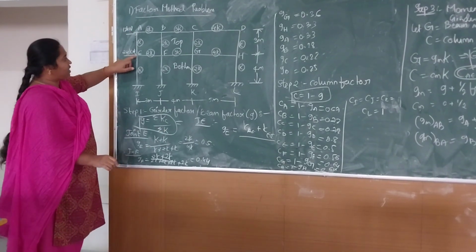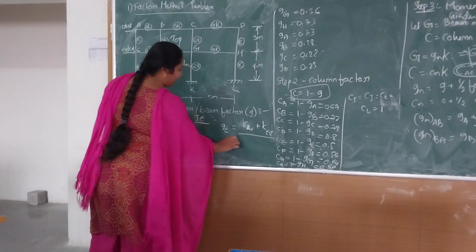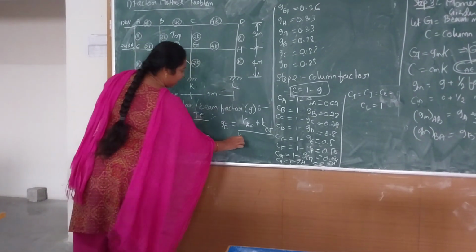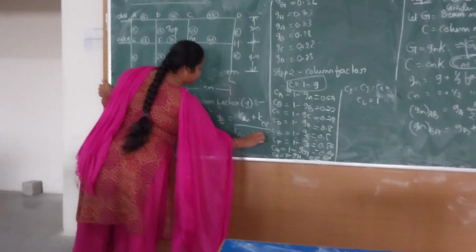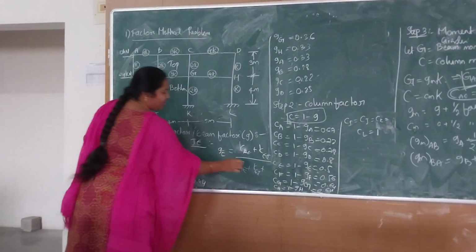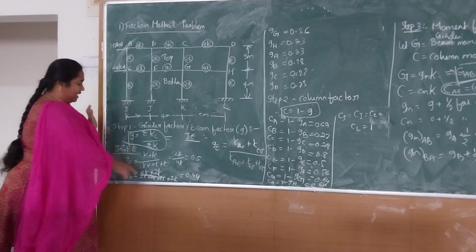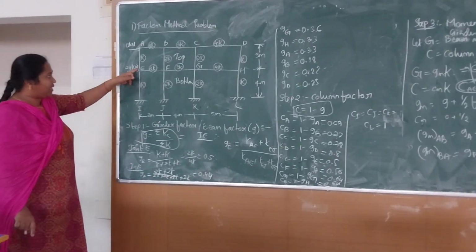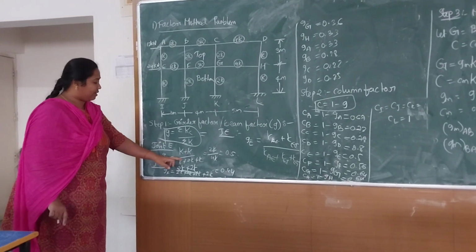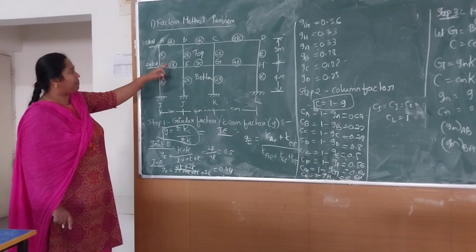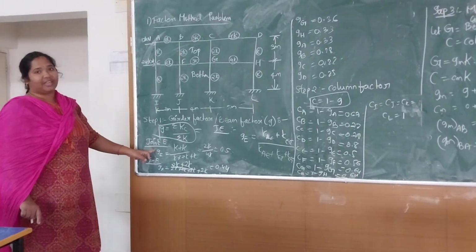For joint E it is connected to 3 members: EA member, EF member and EI. Means we can write K of AE plus K of EI plus, and one more member is the EF member, K of EF. So by adding these values we will get the result. See here, at joint E the columns are 2, K plus K. Now at the bottom, sum of K is equal to K plus 2K plus K. So this is the formula used to calculate the girder factor.